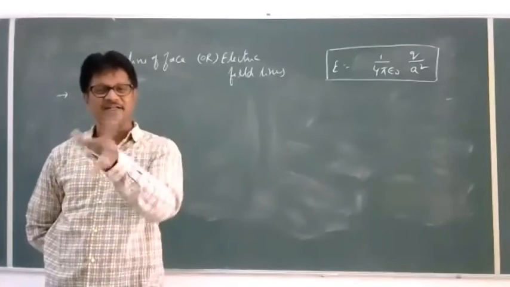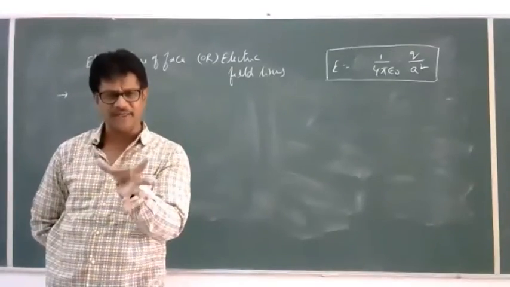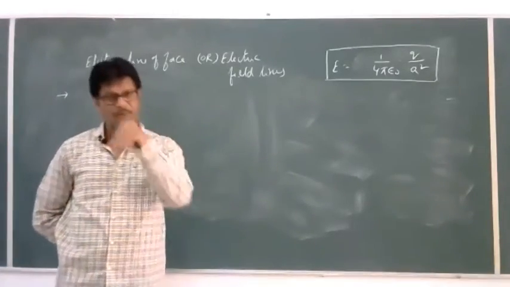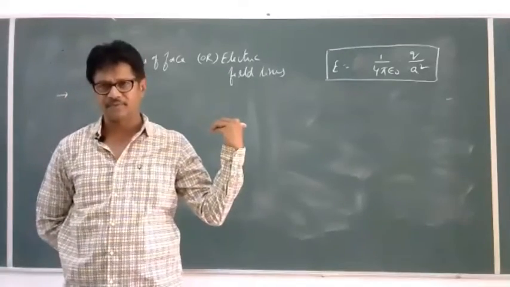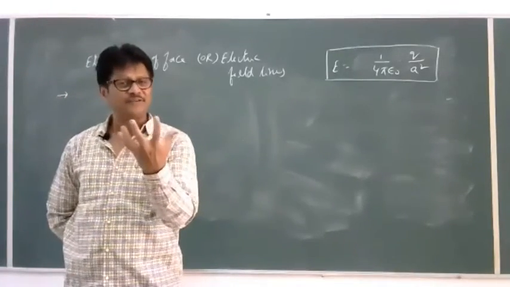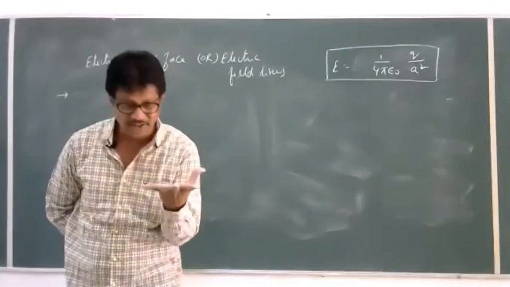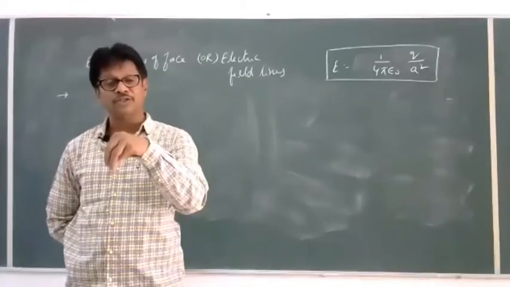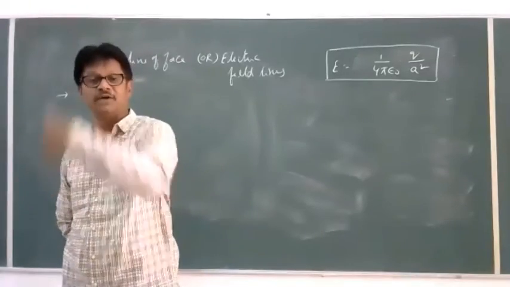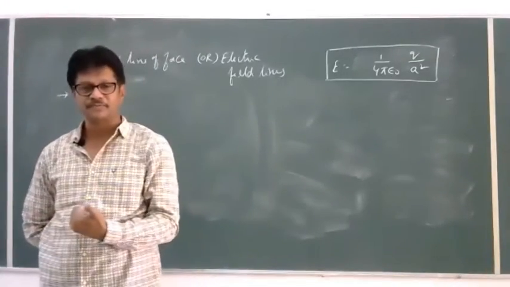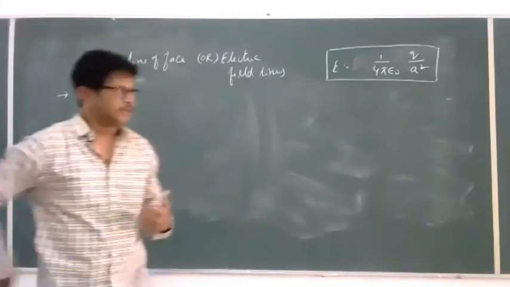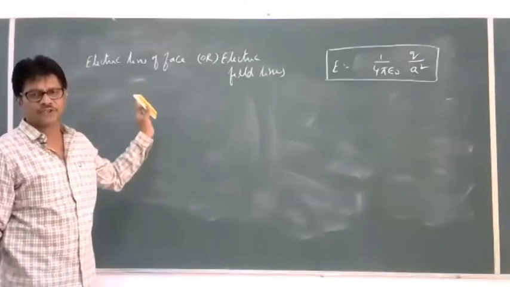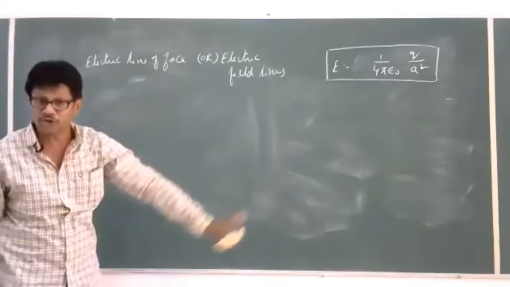To analyze the electric field traverse, I mean to say how the electric field is traveling, we'll take the help of electric line of forces. So here electric field lines are imaginary lines. We cannot see those. But we'll take the help of electric line of forces to analyze the electric field, how it is traveling from one place to another place. So electric line of force is an imaginary line in which a unit positive charge is supposed to be moved.